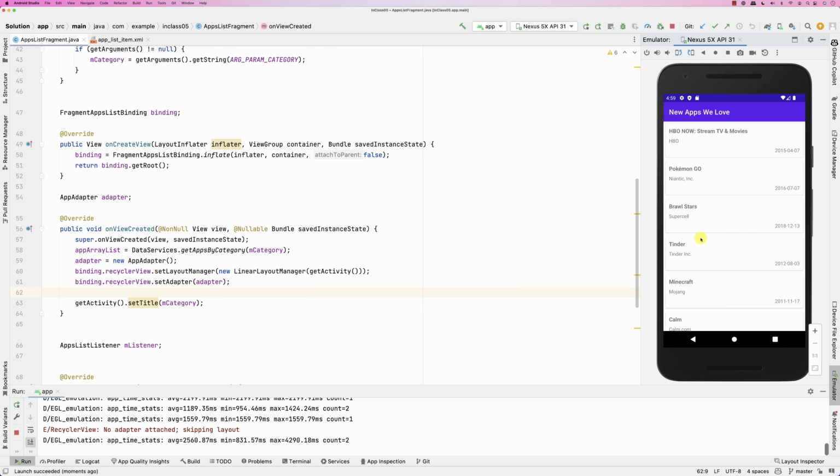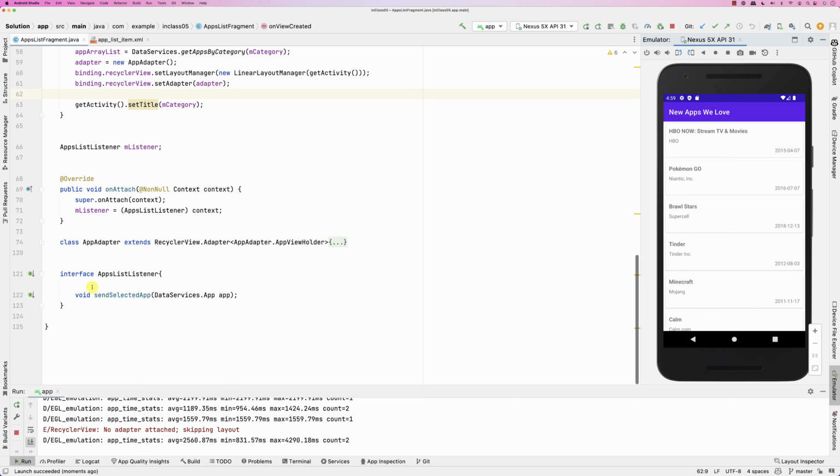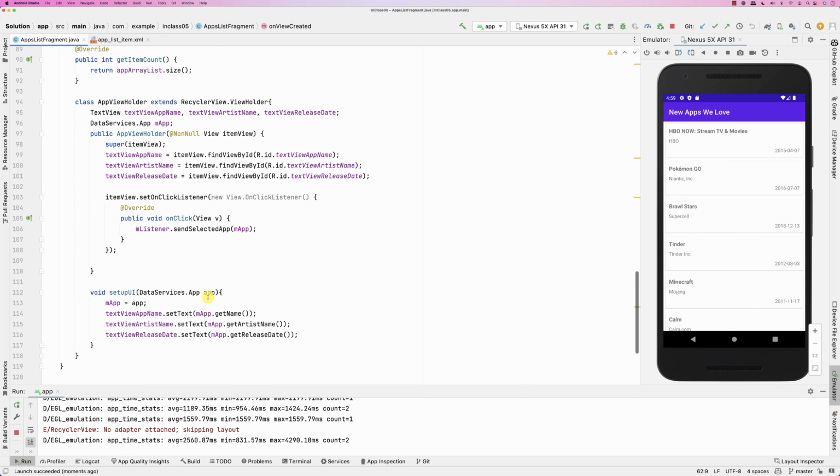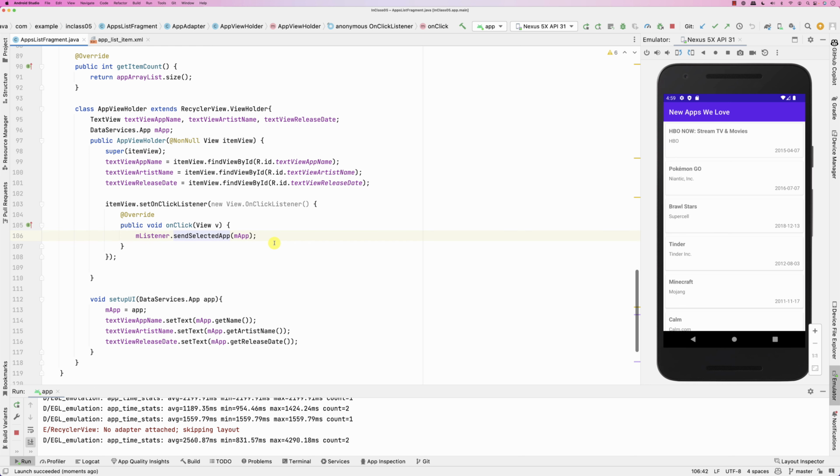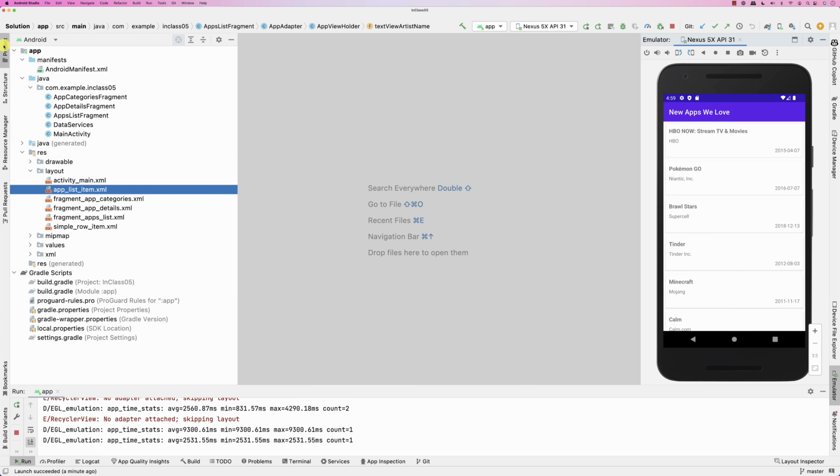So that also works because we already have the on-click listener implemented inside the holder. You see here, when you click, you send the app to the activity, which loads the next screen. So we're here. Now the genres is also straightforward. So let's go back. So basically if we go to the layout of the app details,